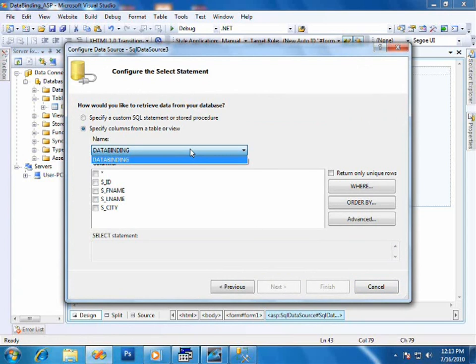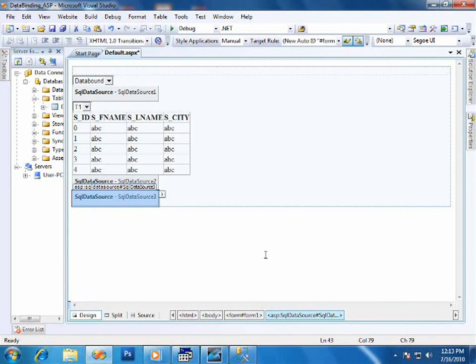A few seconds ago I bound my grid view server control, but I am also allowed to bind my SQL data source with different tables. So this is how you can perform data binding operations manually. You are allowed to perform any type of operation with the SQL data source. So this is the data binding concept. See you in the next